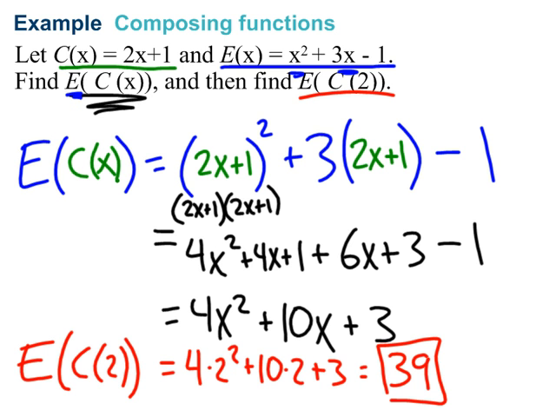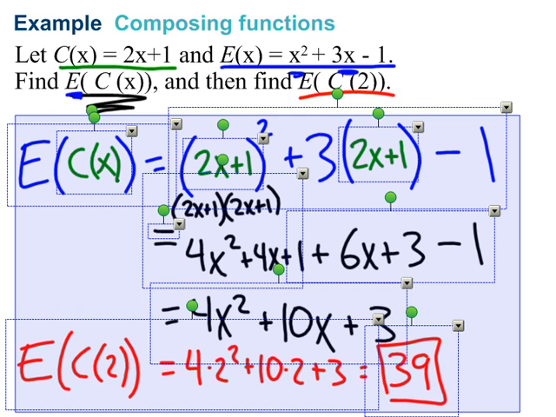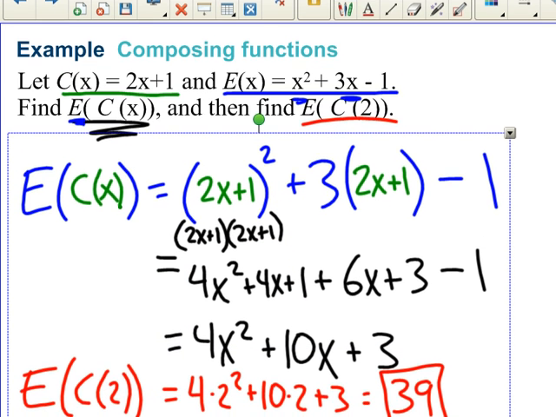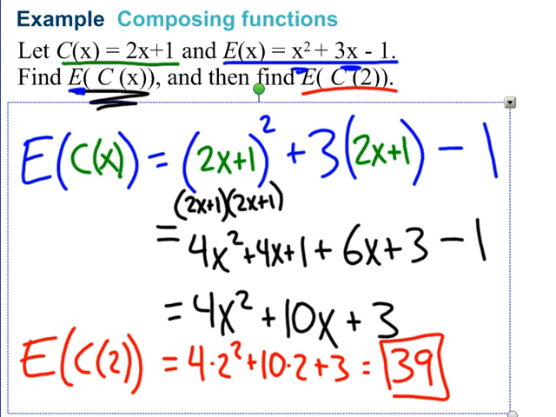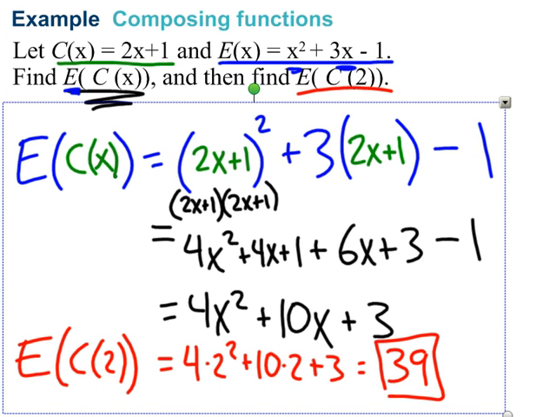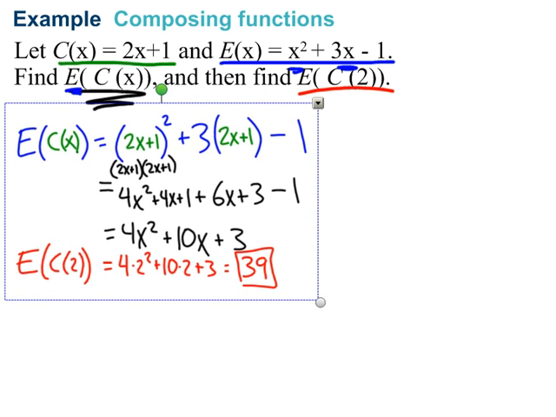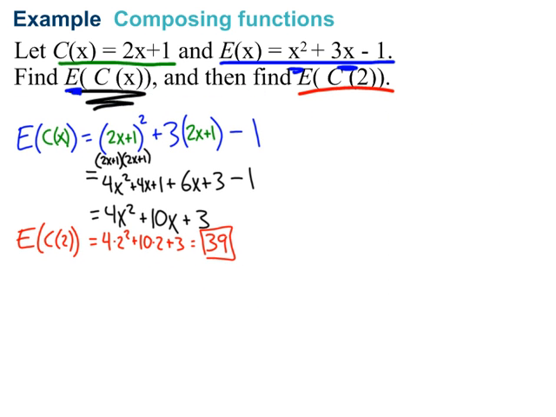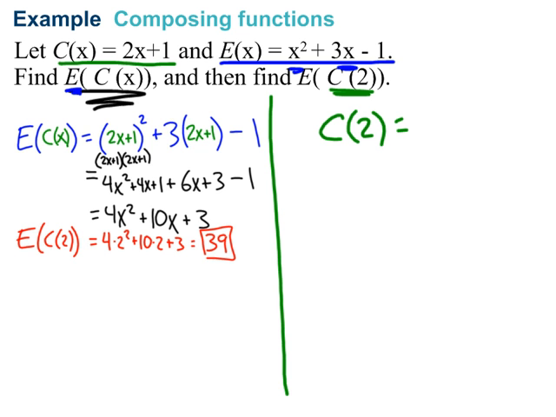I just want to point out one other thing. And again, while I'm going to wait till class time to get into more detail as to what function composition does for us, I'm going to hint at what it does. Let me just shrink this down a little bit. Let me point out one other way we could have done it. For that last part, e of c of 2, I could have focused first on what's c of 2. I could have said c of 2 equals 2x plus 1, or in this case 2 times 2 plus 1,